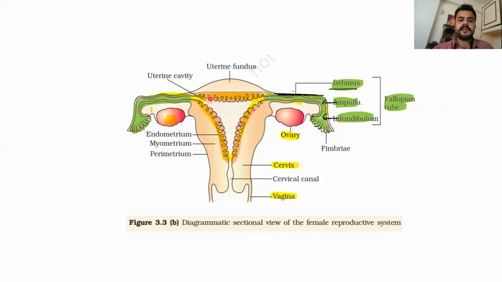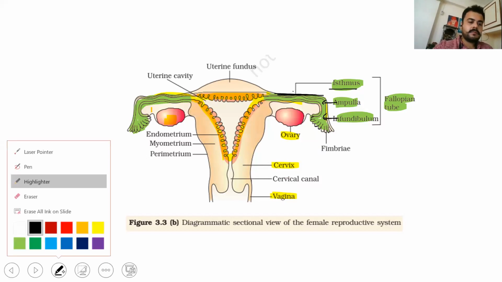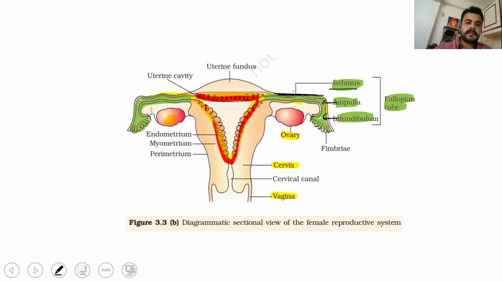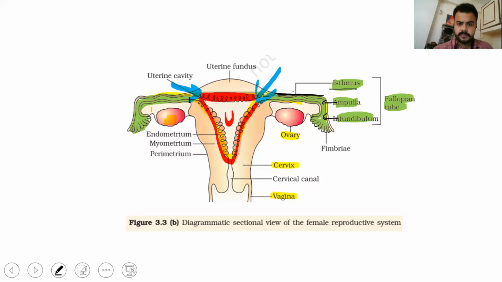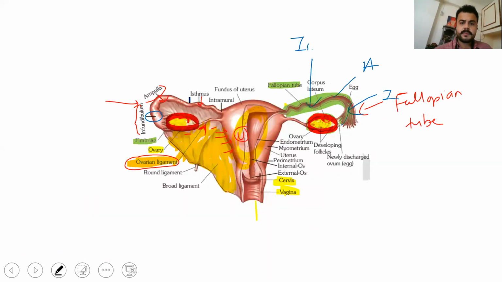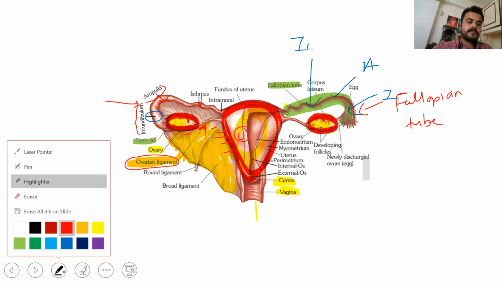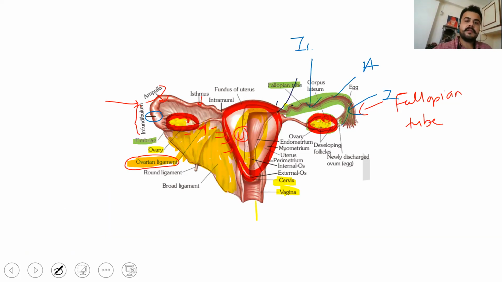This entire part is the uterus, into which the isthmus will open. And here there is the opening of the